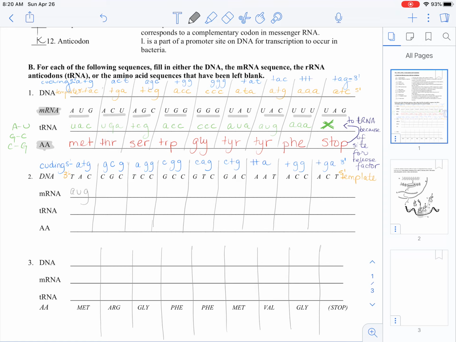AUG, GCG, AGG, CGG, CAG, CUG, UUA, UGG, UGA. When it comes to the tRNA,